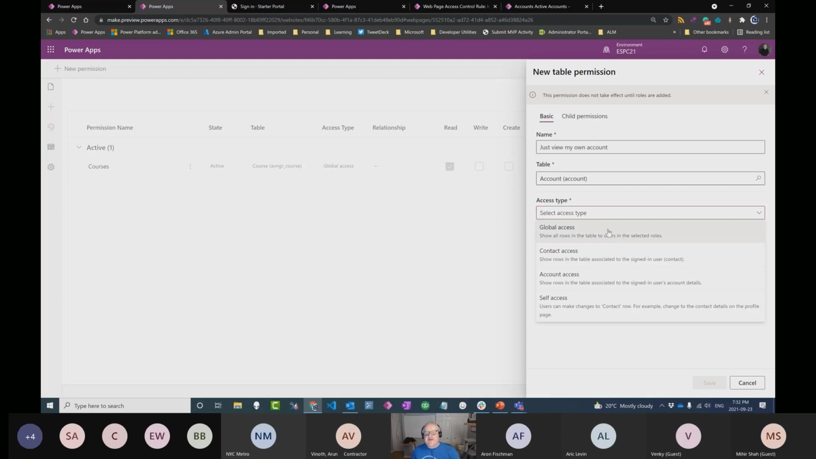Now, global means everybody has access to it, based on the permissions, but it's for everyone. Then we have contact access. Contact is that logged in user. Now you're going to need a relationship to that particular table based on the contact, whether it's one you create yourself or one that already exists. We could have account access, meaning we're only going to link to records that are linked to that particular contact's